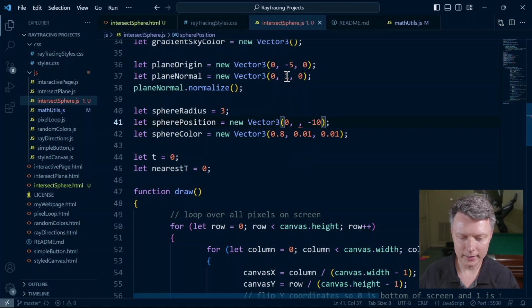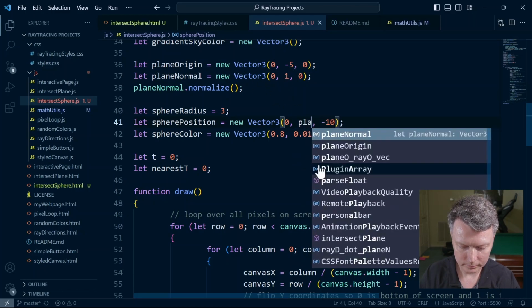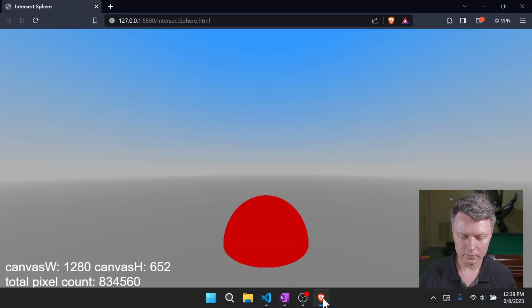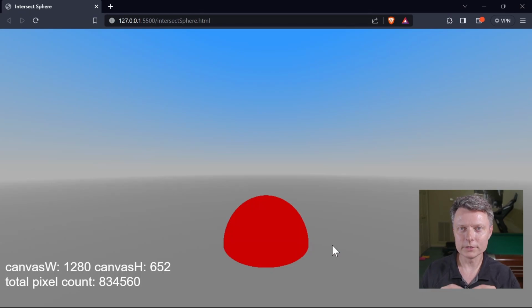And so let's add that plane origin dot y. So let's see what happens there. Okay, so now the center of the sphere is right where the plane is. So the center of the sphere is at -5 because the plane origin is at -5 also in the y direction. So that's down 5 units. And so if we want the sphere to sit on top, we have to move it up by its own radius. So whatever the radius is of the sphere, we have to move it up so it'll sit on the ground exactly. And so we can use a variable again